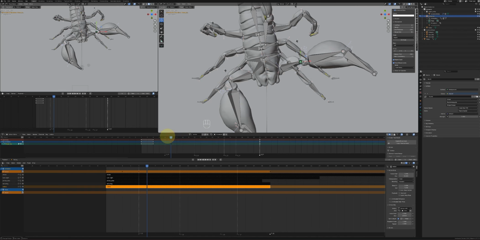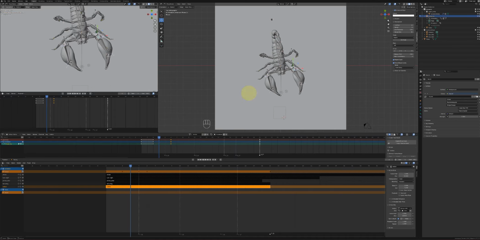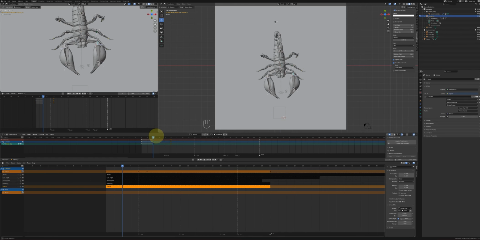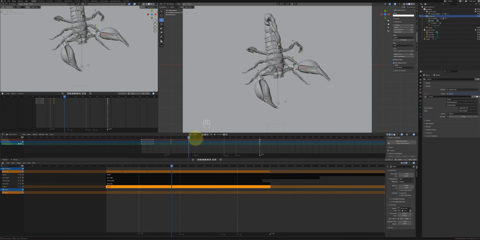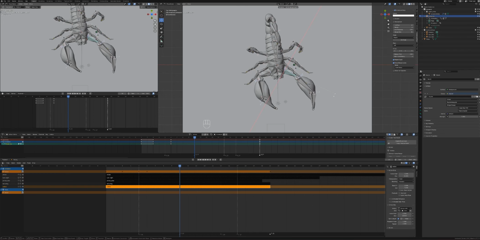So if we look at what animation we have now, you see that first of all the scorpion tries to move back a bit and then it tries to strike, then it swings back its arm. So I'll come to 9 and let's do 10. So let's say it's moved the arm, make it go forwards. I'll stop it there, press I, and select this other bone as well, RXX, and press I,